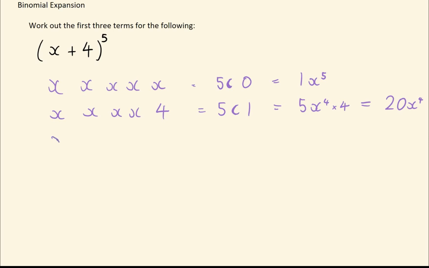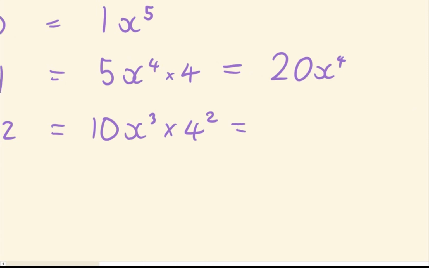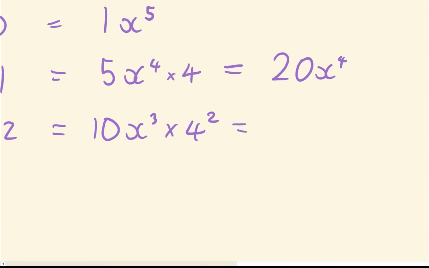Next term, we want 3 terms, so 1 more to go. It's going to be 3 x's and 2 4's. So it's going to be 5 choose 2. 5 choose 2 is 10. And it's going to be 10x to the 3 times 4 squared now. We work it out by BIDMAS. We have to do 4 squared first. 4 squared is 16, and then we do 16 times 10. So it's going to be